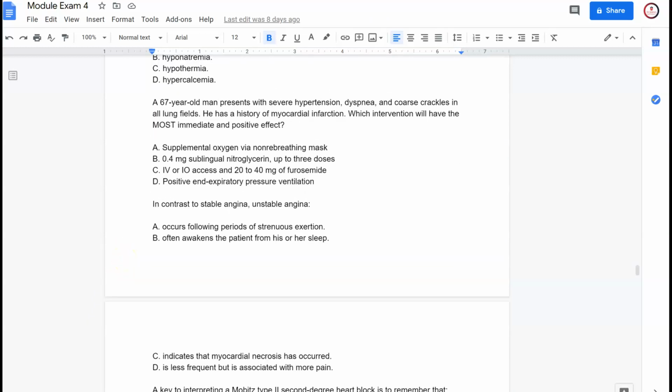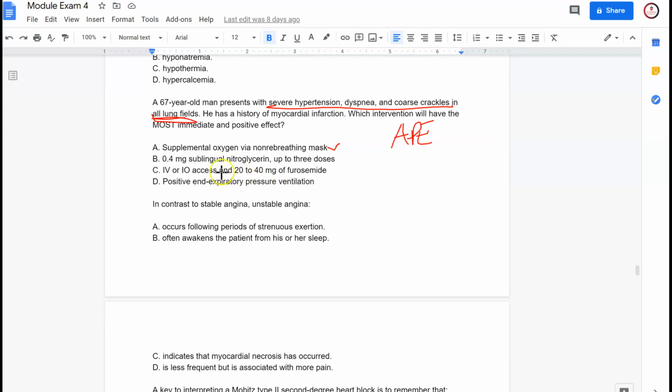A 67-year-old man presents with severe hypertension, dyspnea, and coarse crackles in all lung fields. He has a history of an MI. What intervention will have the most immediate and positive effect? Okay, so supplemental oxygen, maybe. We'll hold on to it. Sublingual nitroglycerin up to 3 doses. It's in your protocol for APE, which we're assuming this man has because of the severe hypertension, dyspnea, and coarse crackles. That's your hallmark